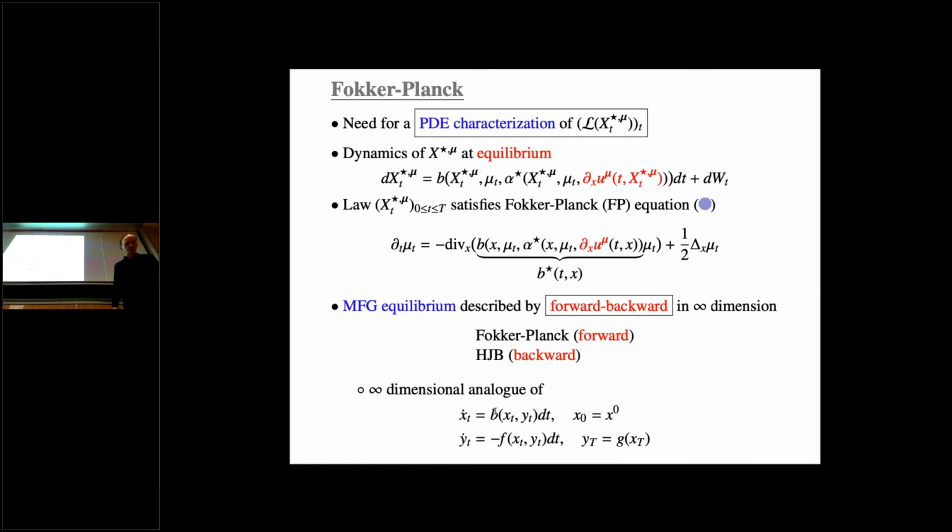There is a mistake on the slide. There is no dt in these equations. I'm sorry about this. So you take a forward equation that would be an ordinary differential equation, even in dimension 1. The velocity x dot would be given by b of x, and b would depend on yt. And yt would solve another ordinary differential equation, but with a terminal boundary condition, depending on the value of x. So this is what we call a two-point boundary problem.